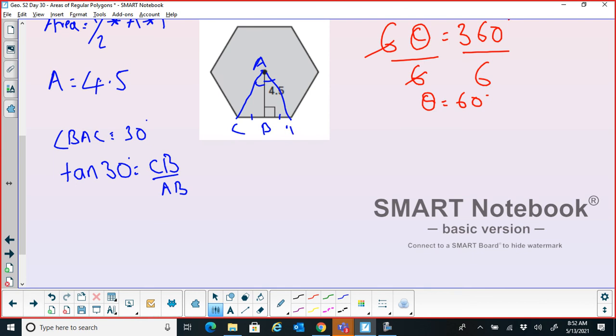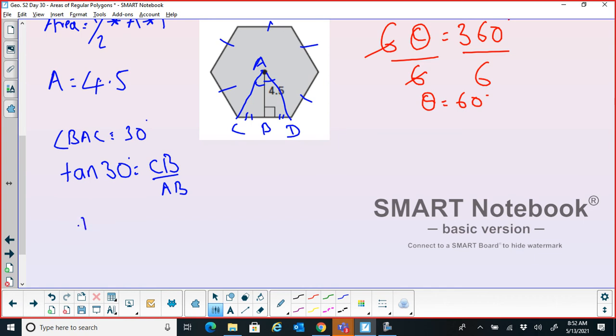Let me call this part CD. CD is twice of CB and each of them is equal. All these sides are equal. If I find the value of CD, then I can get the sum of the lengths of each side. So I know that CB and BD are congruent. So first let me find CB here. So CB equals tan 30 times AB, if I multiply by AB on both sides.